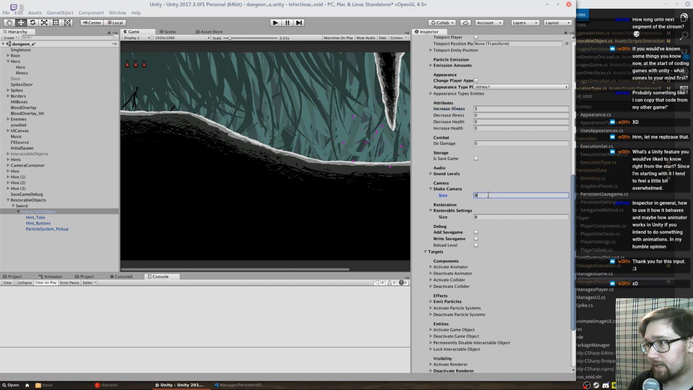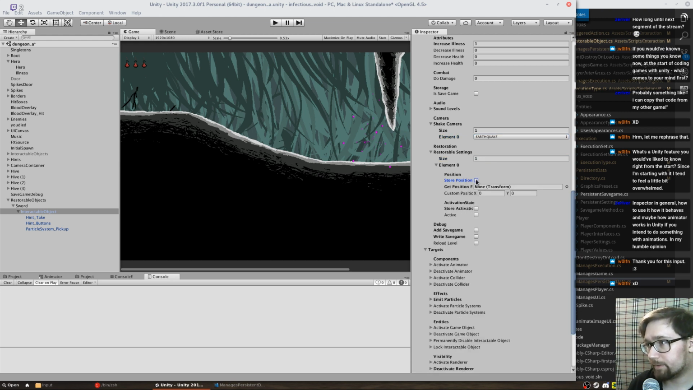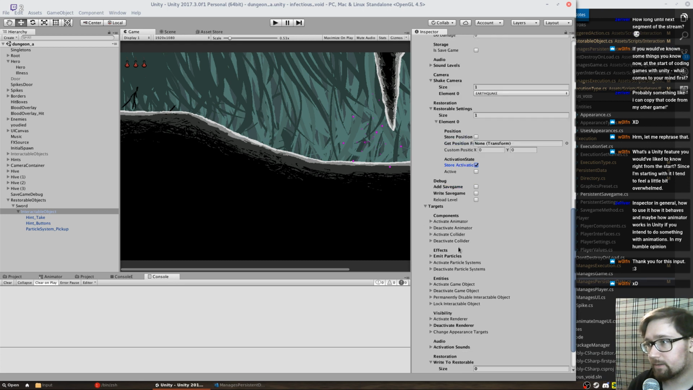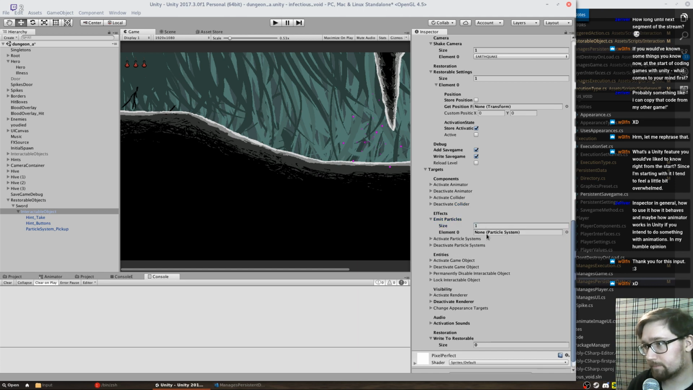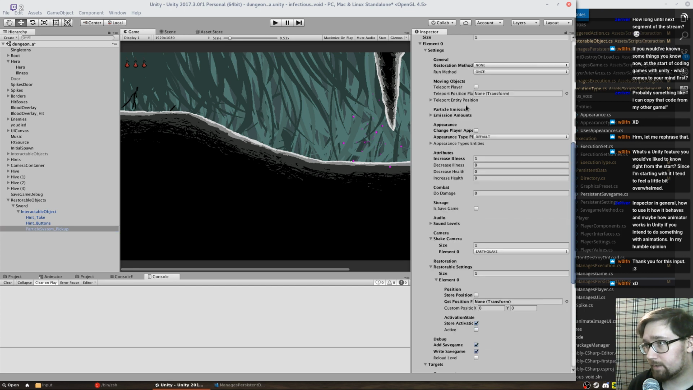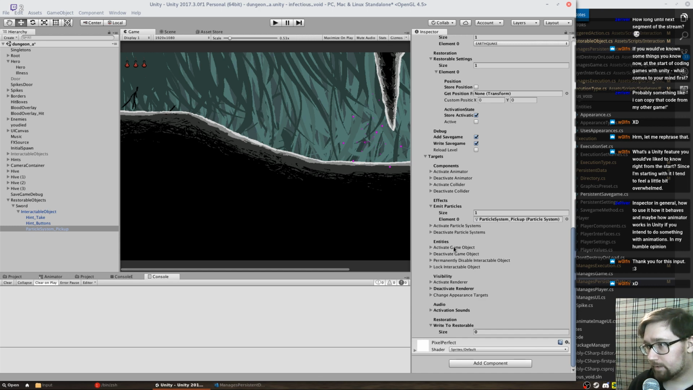It shakes the camera with an earthquake, and it writes to restorable, deactivating it, and it adds a save game, and it writes a save game, and it emits particles from particle system pickup, and it emits roughly about 200 particles,